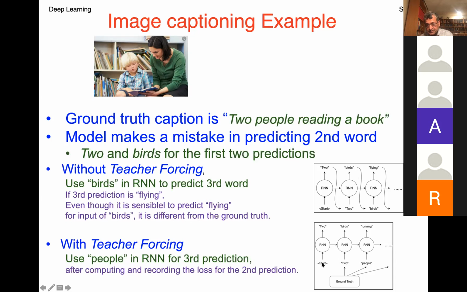As opposed to that, with teacher forcing, we start, it produces 2, and 2 is now being used here through the RNN. Even though it produces birds, we don't use birds at the next level. The ground truth is telling us it is actually 2 people. So when you say 2 people, what could it be? It could be 2 people running or 2 people reading, whatever. All those possibilities exist here. So this is the example of teacher forcing, where we're using ground truth to make these predictions, and we're ignoring that previous output, but still that previous output is useful